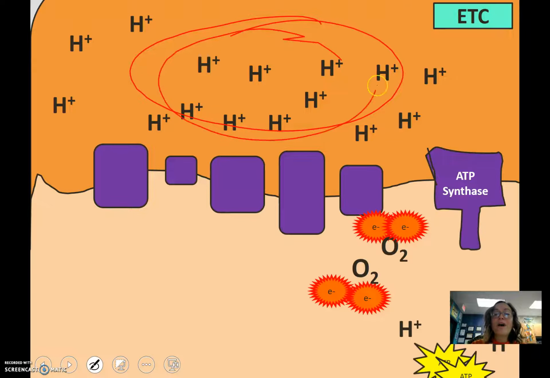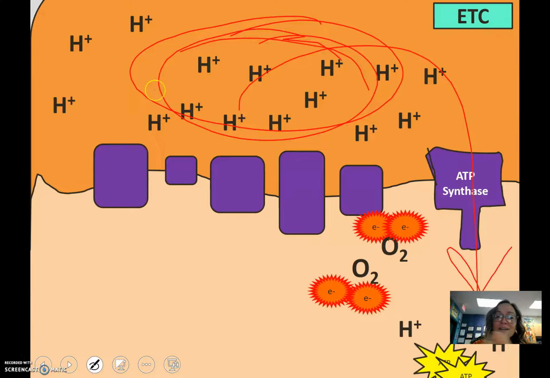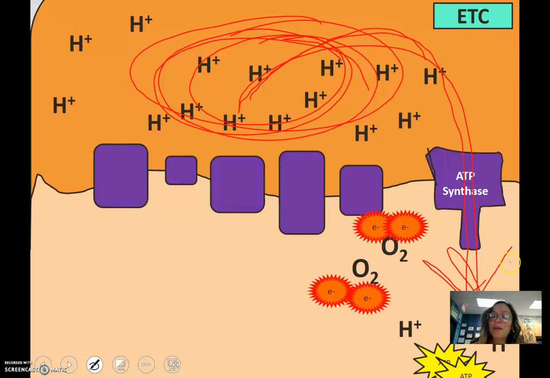They flow from an area of high concentration to an area of low concentration, down their electrochemical gradient, high concentration of ions and positive charges. They're going to repel each other, causing them to flow through ATP synthase, which turns ATP synthase and does phosphorylation. Bam! Okay, but now the cool thing is we have these hydrogens back in the matrix,